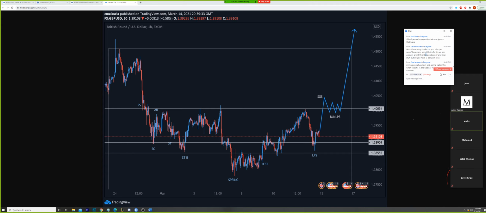Because 1 RR a month on a 10K account doesn't sound good. 1 RR a month on a $10 million account is everything you'll ever need to live and beyond, for your children and your future children and all that stuff, right? So it's a matter of understanding where your own edge is, then trading that edge and executing it. Because once you understand it and you know it's profitable, the only way is up.